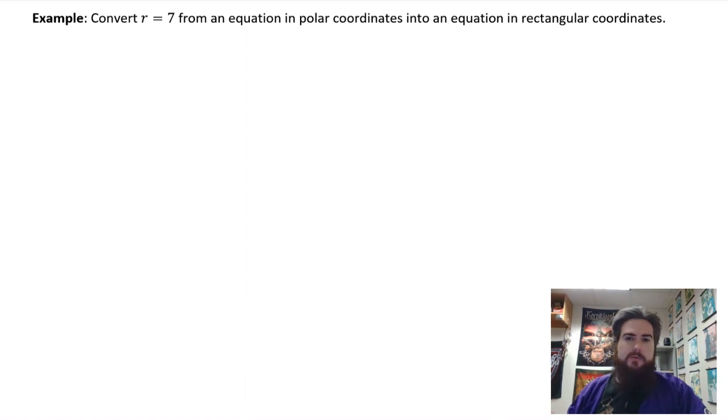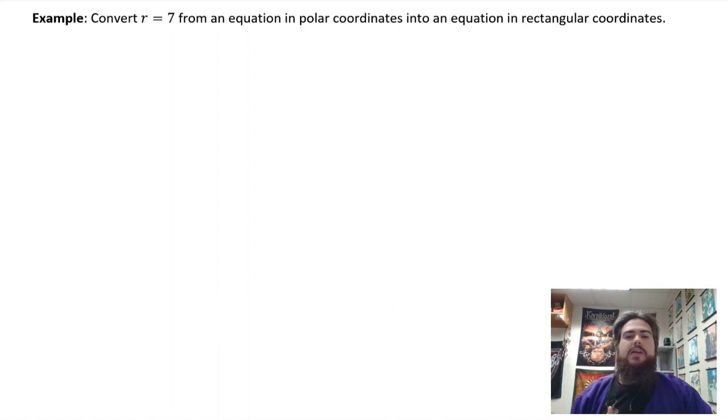In this example, we're going to convert the equation r equals 7 from an equation in polar coordinates into an equation in rectangular coordinates. Unfortunately for this situation, as is true for most cases where you have a polar equation, it is not immediately